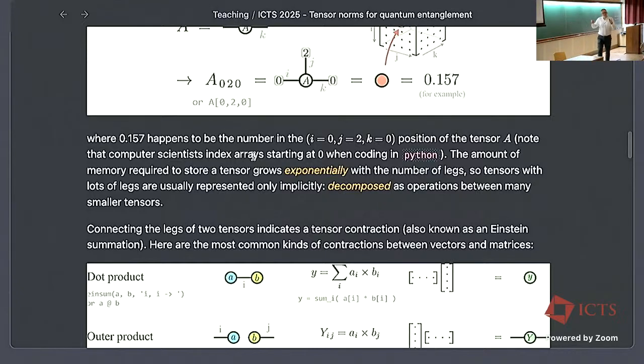So half edges, meaning legs sticking out, mean that your object lives in a tensor product, and these full, contracted edges mean that you have a sum. Now this is the opposite thing you could do with two vectors: you can build this ket-bra. This now has two legs sticking out, so this is a matrix. It's the ket-bra, the matrix which has coordinates A_i B_j.